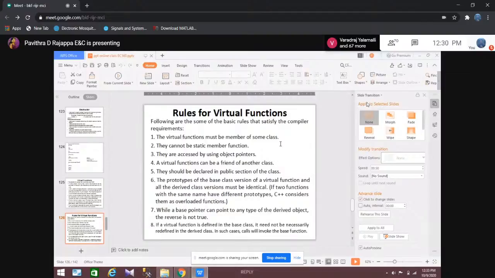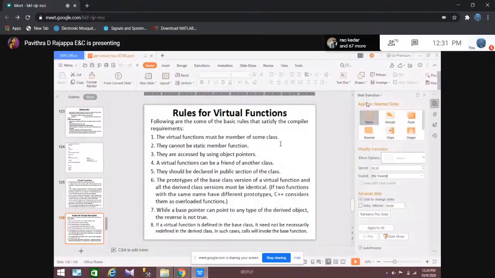They cannot be static member functions. Static means we are having constant values, so they cannot be static member functions. They are accessed by using object pointers, so object pointers can be used to access those virtual functions.